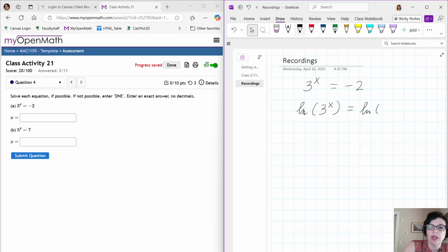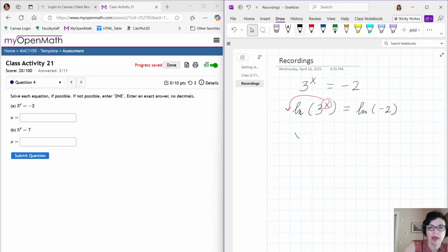In fact, natural log is a one-to-one function, so you can always apply it, because if the two arguments are the same, then their logs are the same, and vice versa. That can be shown. All right, now what we will use is the power rule for the logs. Whenever we have the argument raised to some power, that power can be moved in front of the log. That will make it x natural log of 3. And then on the other side, we got natural log of -2.